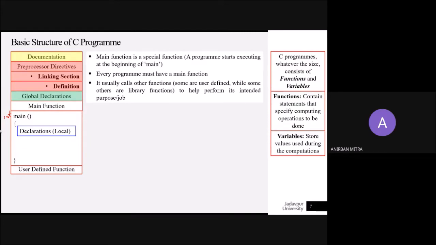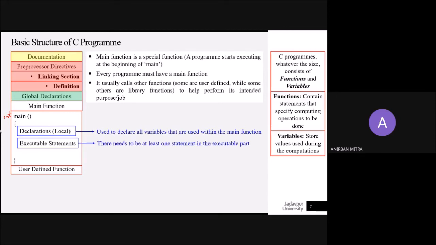They are not going to be available outside of it. After declarations are over, you have the executable statements. And finally, you have the return statement. The declarations are for variables that are used within the main function.